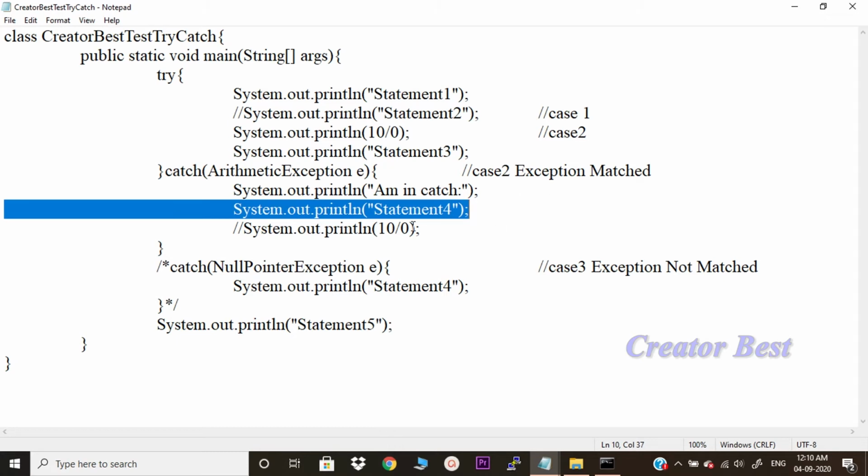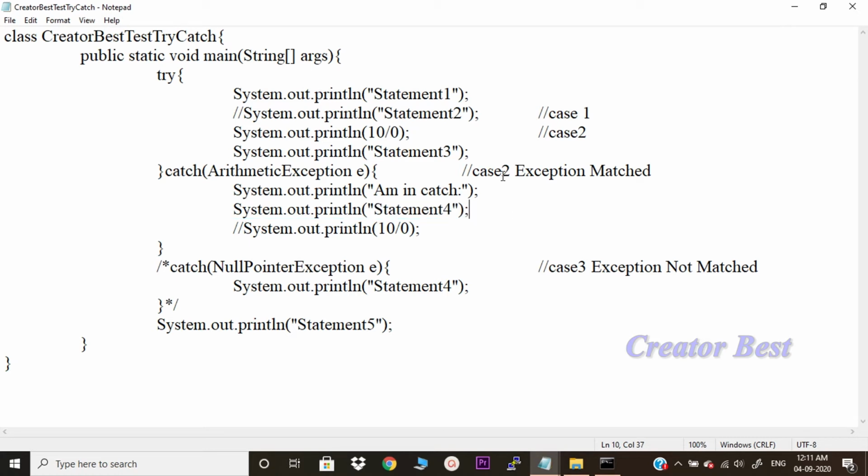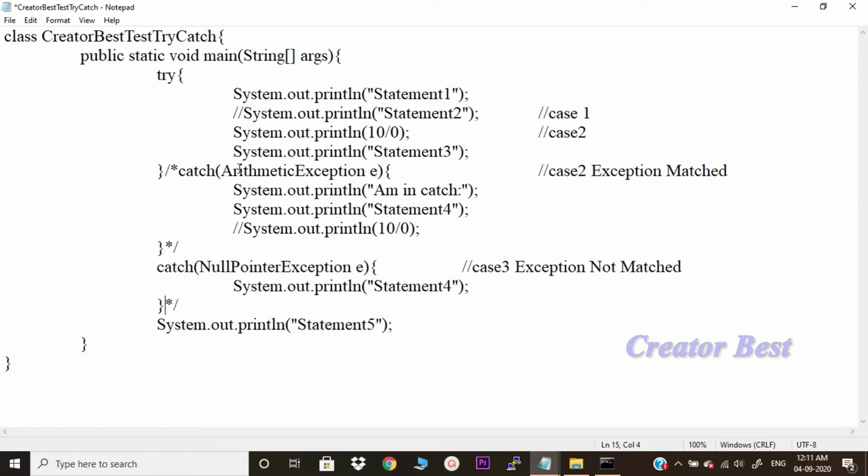Now let us consider the third case. If this particular exception, the arithmetic exception, is not there, then what will happen to the code? Let us comment this code. See, first understand the program.